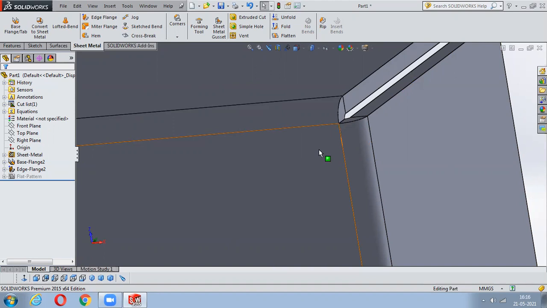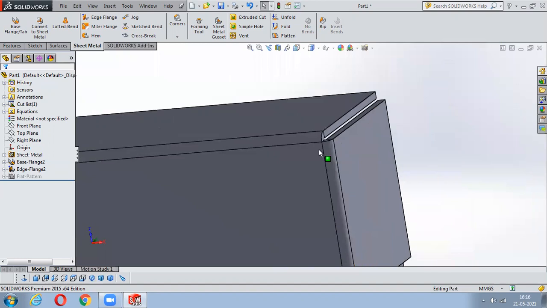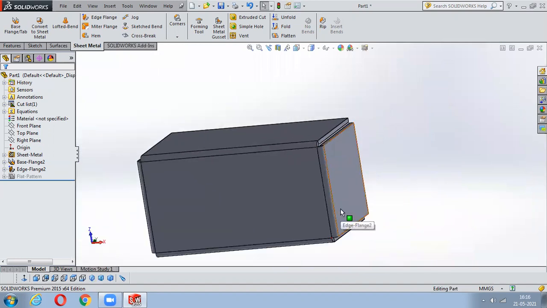Getting my point? Not getting? See, how to explain to you? The best example is your books. If you use your book by continuously closing and opening, there might be a rupture on the edges, right? It will start to break at that corner. So to avoid that, what we'll do is dig the material here.